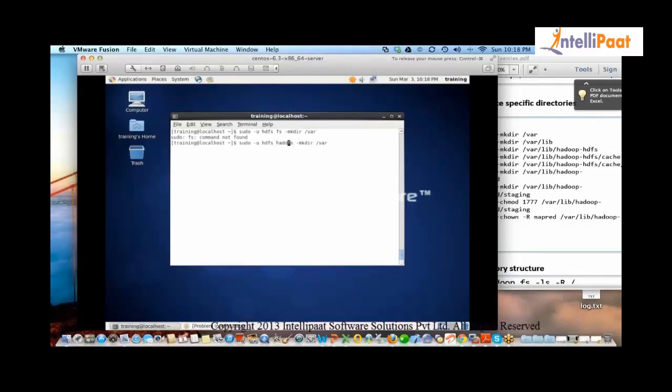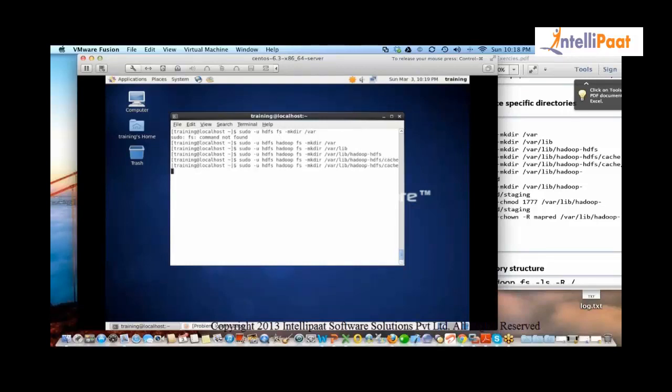Then I create another directory called /var/lib, then another called hadoop-hdfs. You don't have to worry too much about these directories because Hadoop uses them for its own internal processing, intermediate data and all that stuff.